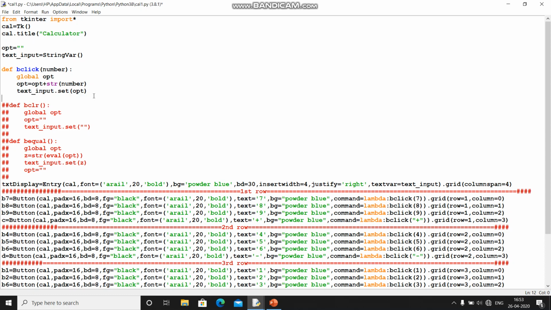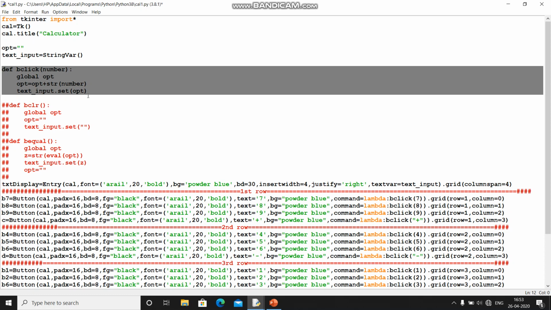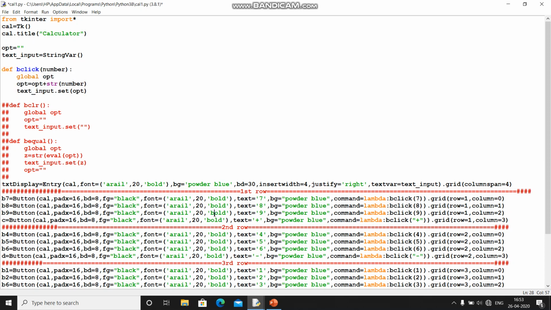And now we are going to give this function command to all the buttons. So we are writing command equal to lambda colon bclick(7). Here we are using lambda.